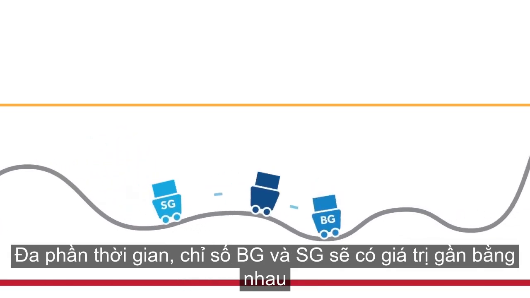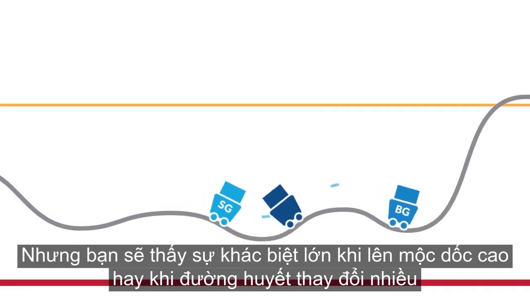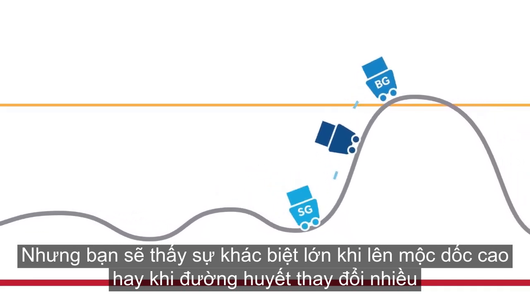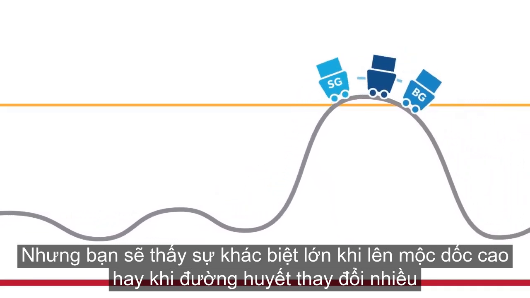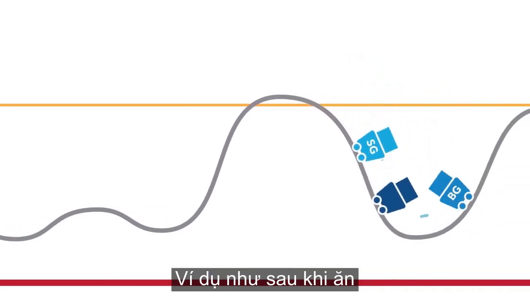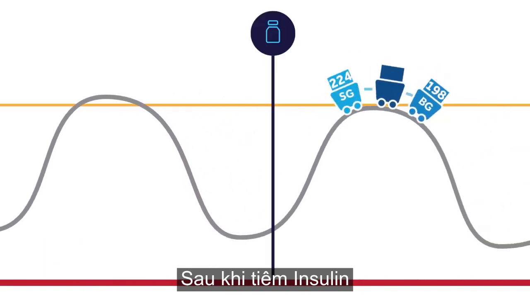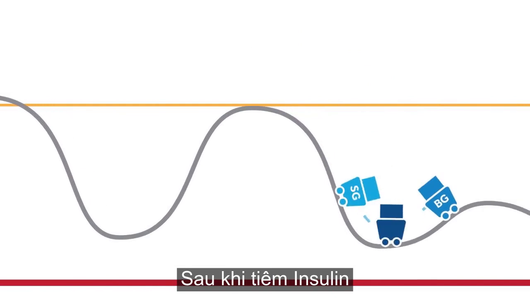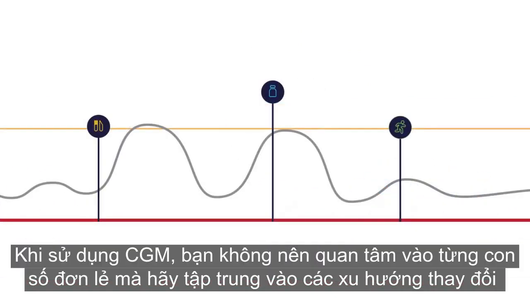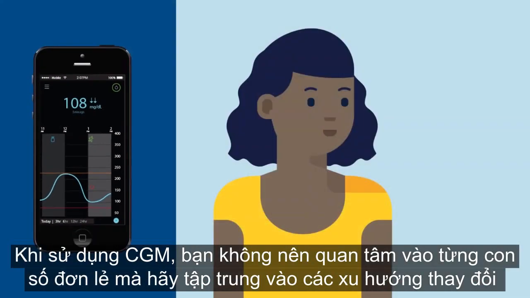Most often, the BG and SG numbers will be close to each other. However, you'll see a greater difference in BG and SG on the bigger hills, or when glucose is changing more rapidly. For example, after food, after insulin, and after exercise. When you use CGM, the focus is not on the individual number, but on the trends,